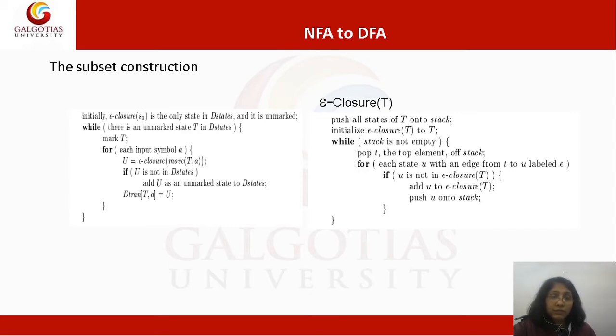And we are going to perform, for each state U with an edge from the popped out state T to U having epsilon as the input, we take that particular state U, and if it is not present in the epsilon closure of T, we add that state into the epsilon closure of T. And then if it is not present, we are going to push it into the stack again. And once this is done,